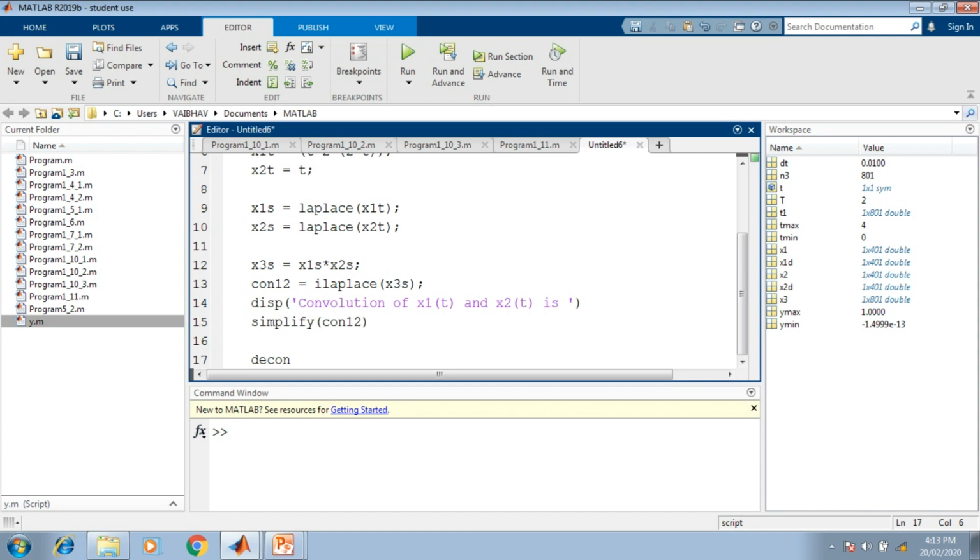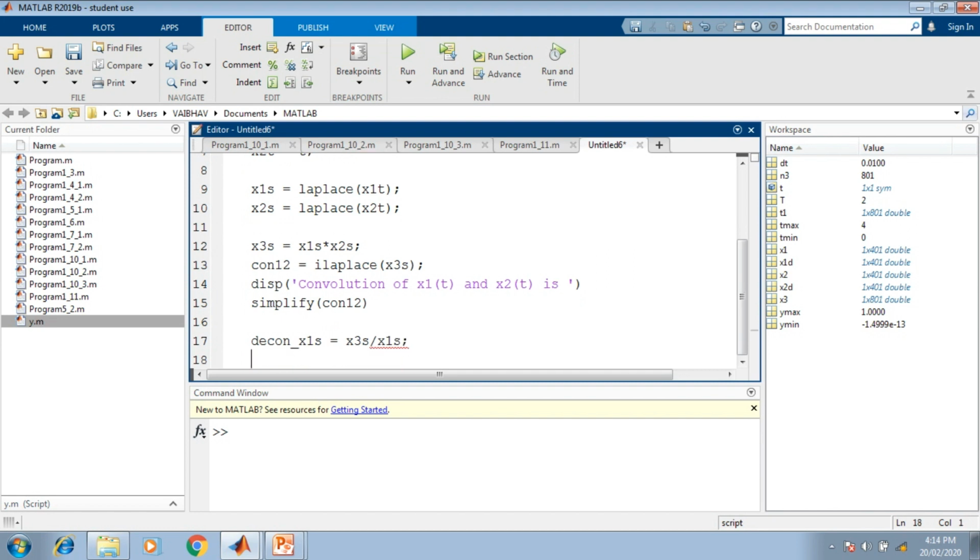generate the variables decon underscore x2, or first of all the first variable x1s here. So this can be obtained by simply having the x3s, that is the multiplication of the transform versions, divided by the another signal x1s here.